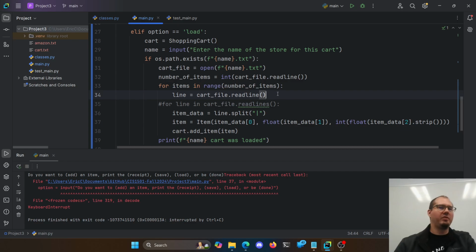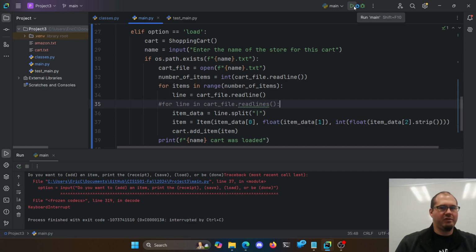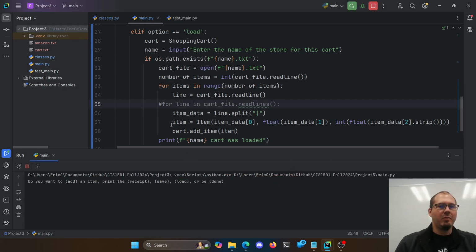It just kind of holds itself in place and knows where that line is, and it knows where the next one is, where the next one is here. So this is an option. All right, so let's give that a try. So we wrote the number of items first, and then we wrote a bunch of things here. So we won't be able to load any of those carts here, so we've got to just add some items here. We'll add bananas,